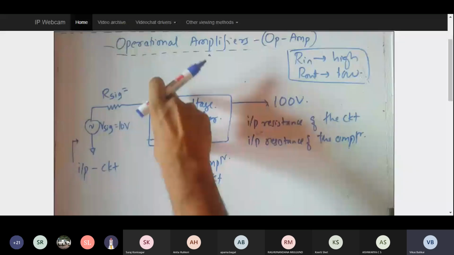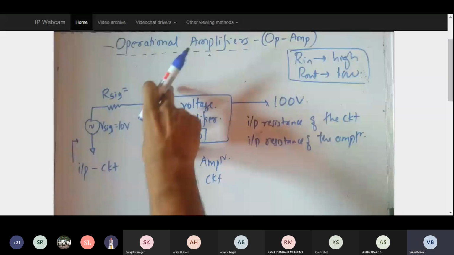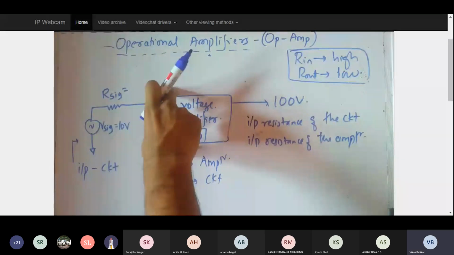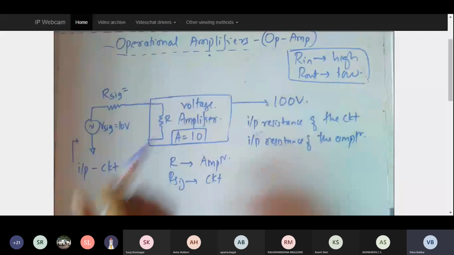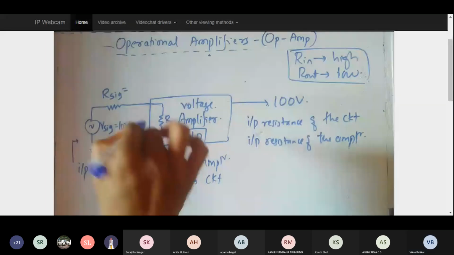Circuit ಒಳಗಡೆ ಎಲ್ಲಾ components ಕೂಡಿ circuit ಆಗಿರುತ್ತದೆ. Device andre ಅದೊಂದೇ particular device ನಾನು consider ಮಾಡಿರ್ತೀನಿ. Please keep that in mind. See, when you look from the input side and whatever resistance you see first, that is the input resistance of the circuit. Now, when you look inside the op-amp, or when you look inside any particular device, in a device